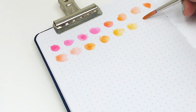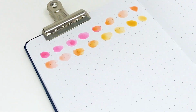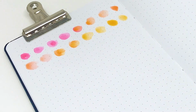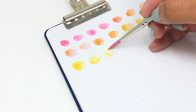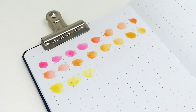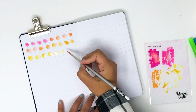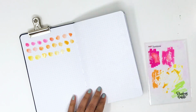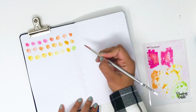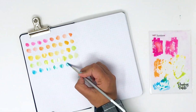For my fourth example here, I am going to be showing another rainbow, and this time I'm actually using watercolor in the same journal. This is a dot grid journal again by Archer and Olive, but you cannot actually add the Tombow Jewel brush pens onto the paper and paint with water. The paper just absorbs the color immediately. So what I do is I keep a blending palette on the side, and onto the blending palette I just apply my color, and with my wet paintbrush I just pick up the color,